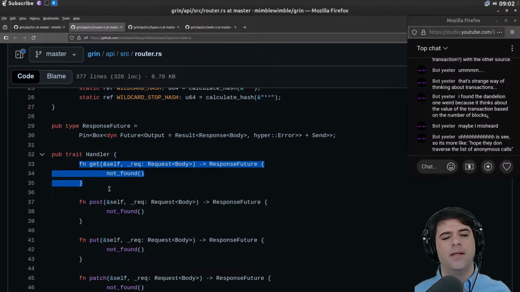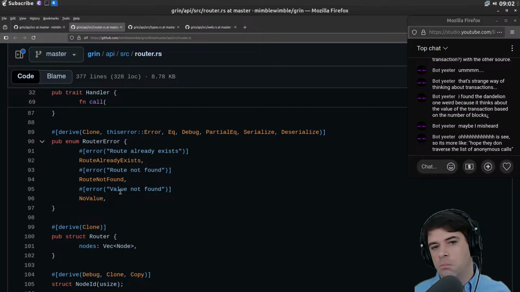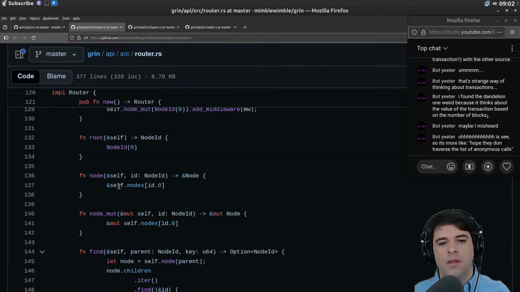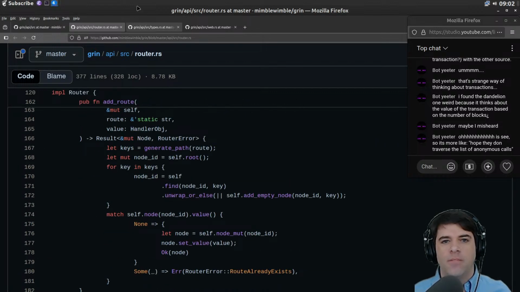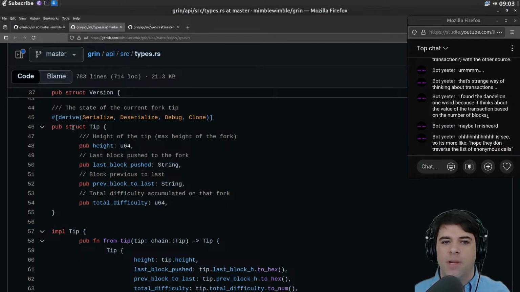we're going to do it by HTTP verb, which I thought typically you do by path. I guess there's no reason you can't do it by HTTP verb. Okay, so this is not really fundamental. And then we have some types. A tip, the state of the current block, fork tip, the current fork tip. I don't know if we consider every non-committed block to be a potential fork. So I don't know what fork means here. But we have some block height.